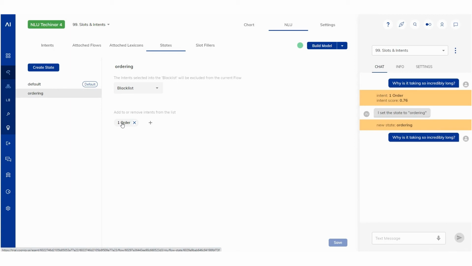There's one thing to keep in mind here, because what effectively happens is that if you create a state and thereby either white or blacklisting intents, you essentially create another version of this entire model. And this is fine. You can perfectly well use this, but it will have implications on the size of the model. So if you plan to create an incredibly big model with many different states, you should expect your snapshot size, for example, to increase by a lot.